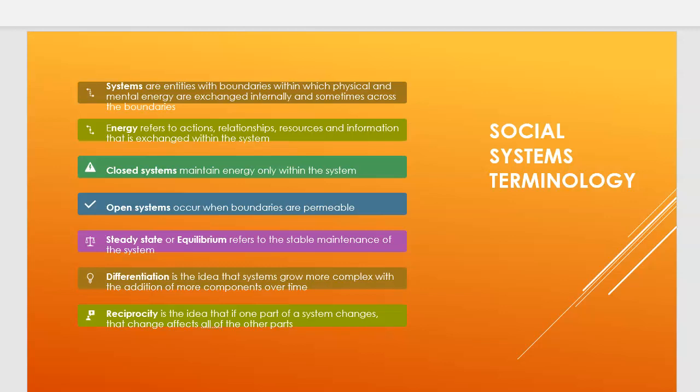You can also think of your workplace as a system. Think of your relationship with your coworkers, with your colleagues, with your supervisor or manager or director. So there is information and resources being exchanged within your place of work, as well as the work you actually do, the actions that you take as part of your responsibilities and duties.